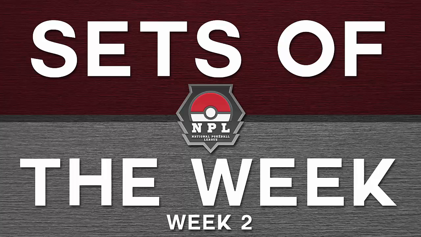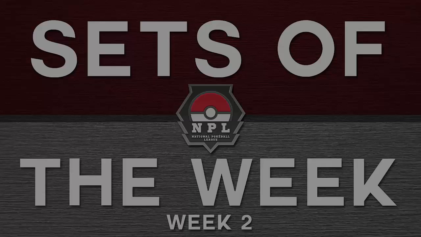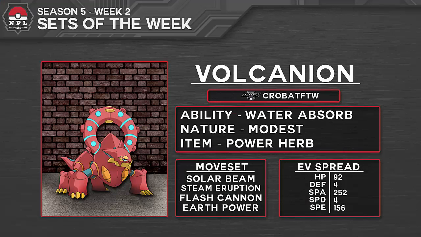Alright, so let's just get right into this. At number 5, we have Volcarona, built by Crobat for the win. Danza had the Water Absorb ability, Modest nature, item Power Herb, with the moveset of Solar Beam, Steam Eruption, Flash Cannon, Earth Power. It had enough speed to outspeed Rotom. It had max Special Attack, and then the rest was dumped into HP and defenses